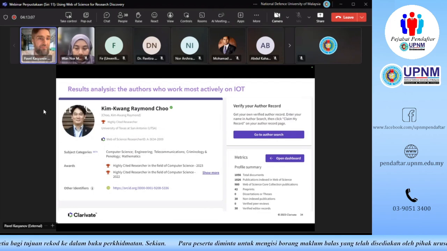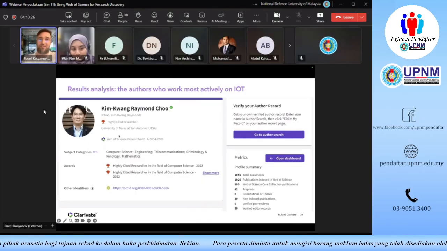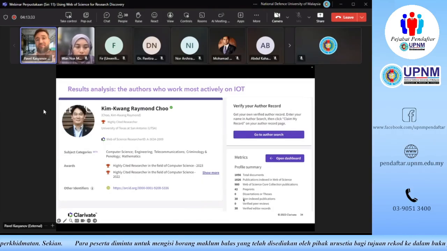If you have any papers published in Web of Science, you probably have an algorithmically generated record for you already. And what you can do during this session, or maybe right after that, is log into Web of Science and claim your profile and turn it into something like this, a meaningful page, which has its number of documents, its citation metrics, its list of documents, grants, peer reviews, etc. So you can maintain your profile here on Web of Science.